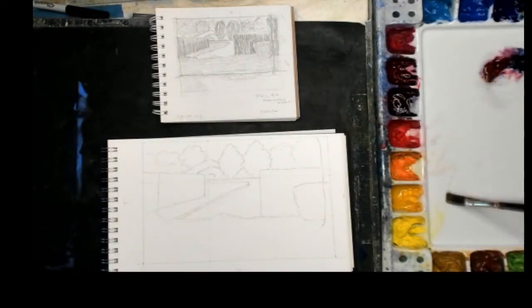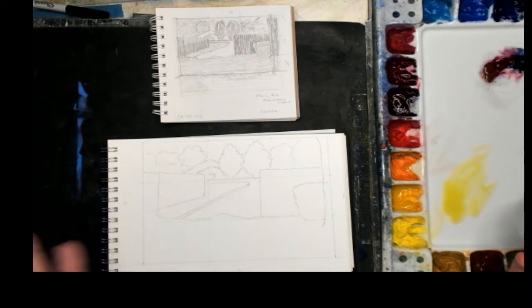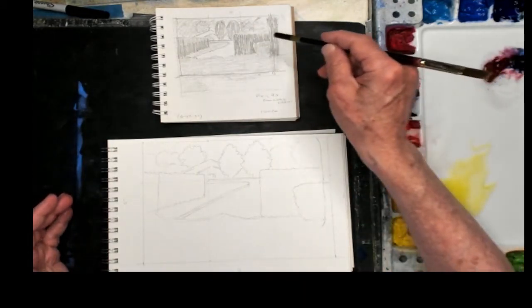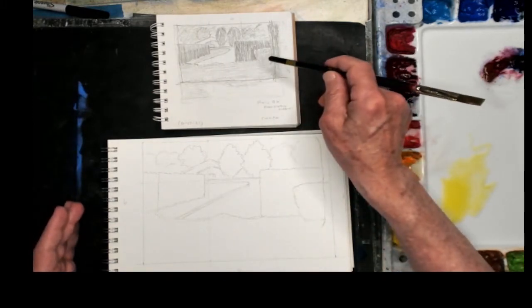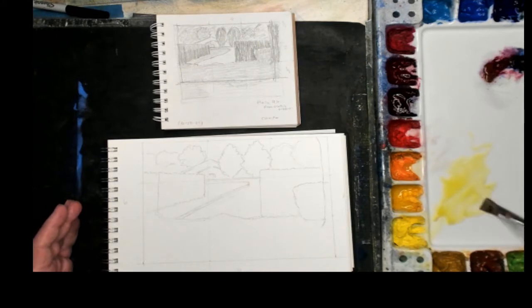I'm going to mix up. In watercolors, I'm going to start with the lightest color, and I'm going to start with the roadway, because that's where it is in my sketch. From now on, I don't even look at the photograph. I put the photograph aside. I don't follow it; there's too much detail there. Here I'm going to follow my painting plan, which is my sketch, and I have my lights and darks already worked out. So the light area is going to be the roadway, and I'm going to start with the roadway